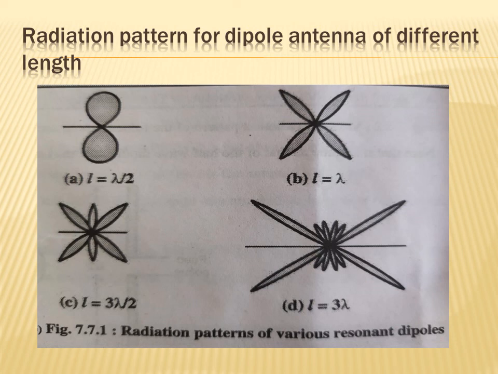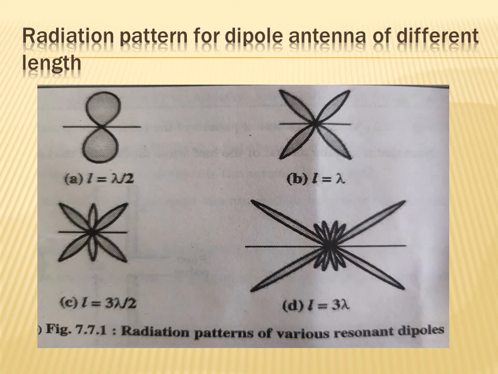It is a type of resonant antenna, one end of the half dipole antenna is open circuited, and its radiation pattern is bidirectional. Next is the folded dipole antenna, which consists of two elements or two parts. The first is fed directly and the other is coupled inductively. Again, it is a type of resonant antenna, and it is used as an element in a Yagi-Uda antenna.